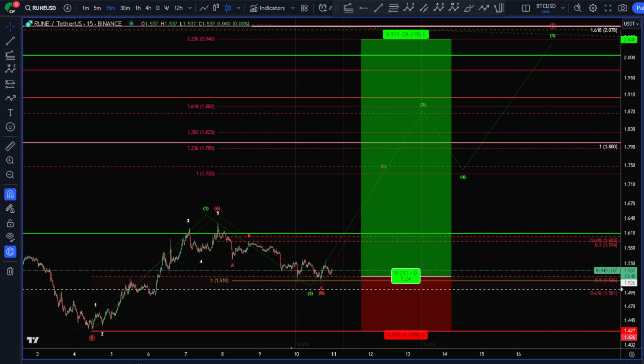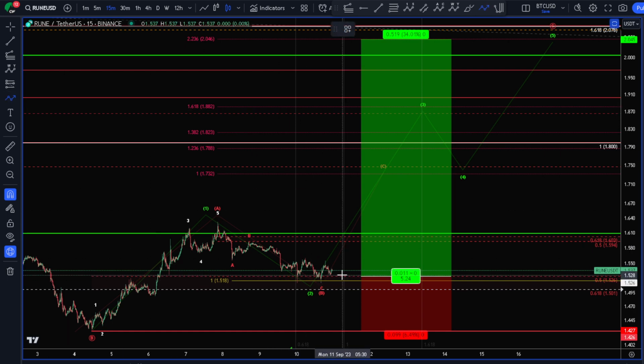We're looking at ETH today, but real quick I wanted to show you the setup I just entered in Rune. If you haven't looked at the video, I have a Rune update on my channel. It doesn't have a lot of views, but it's one of the only cryptos I see with upside. So if you're looking to trade something to the upside right now, this is one of the few I have found. And basically we have 5 waves up, came right to the 50 and the 618,